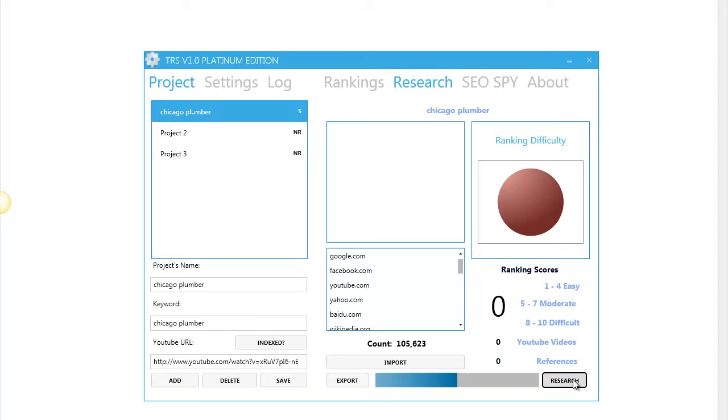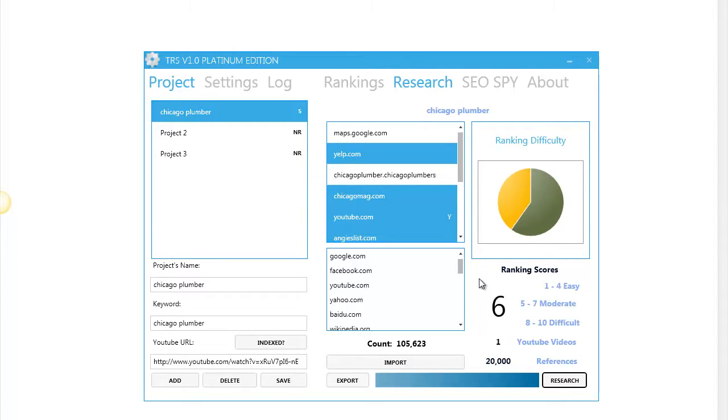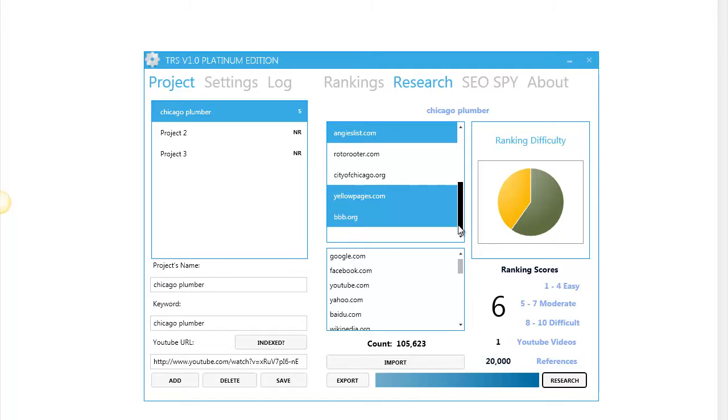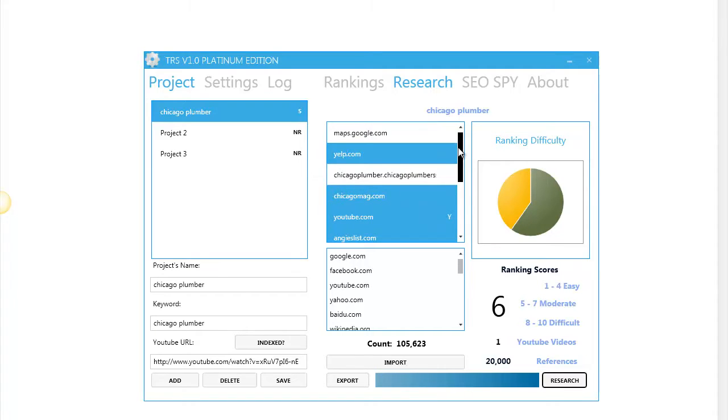Let me click on research, and as you can see here, this keyword called Chicago plumber is moderate. Okay, that means it's not so easy to rank it, because we have some interesting websites here, like maps.google.com and Yelp, and even a YouTube video. In this case it's ours, but in case there are other videos, the software will tell us, and Yellow Pages, and it's possible. Okay, it's not impossible to rank for this keyword,